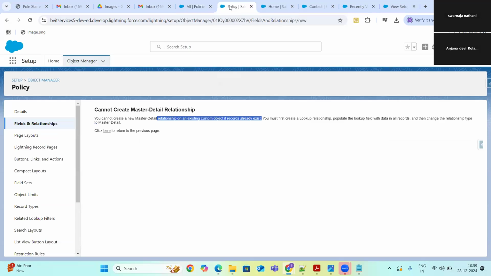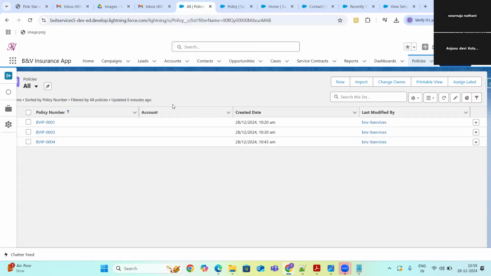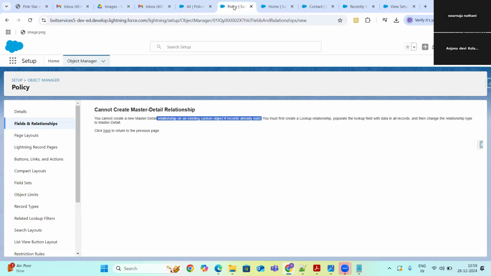But still, my requirement is they're asking me to create the master detail relationship. Then how can I achieve that? You must first create a lookup relationship, and then populate the field, populate the values. Then you can convert that to master detail.